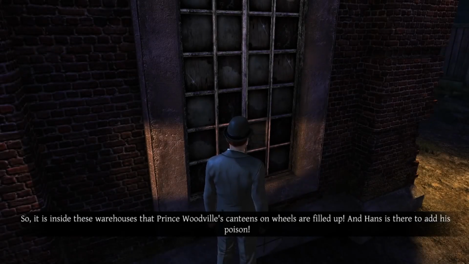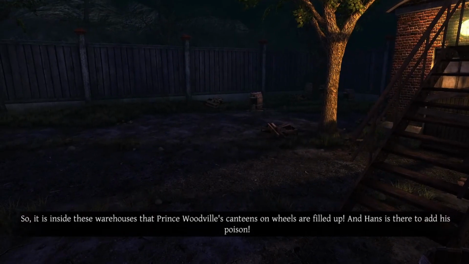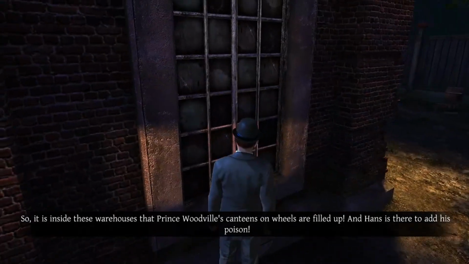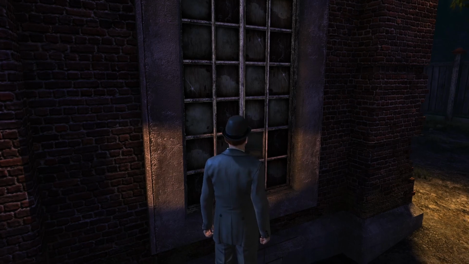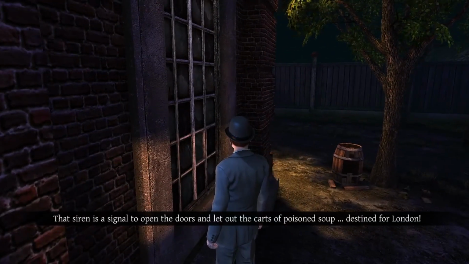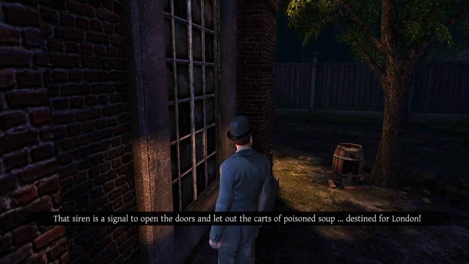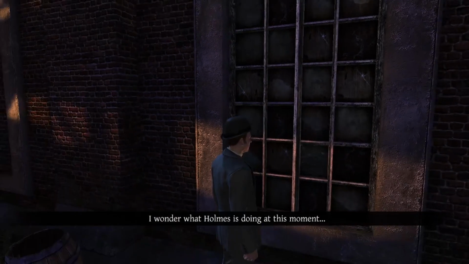So, it is inside these warehouses that Prince Woodville's canteens on wheels are filled up, and Hans is there to add his poison. That siren is a signal to open the doors and let out the carts of poisoned soup, destined for London. I wonder what Holmes is doing at this moment. Meanwhile,